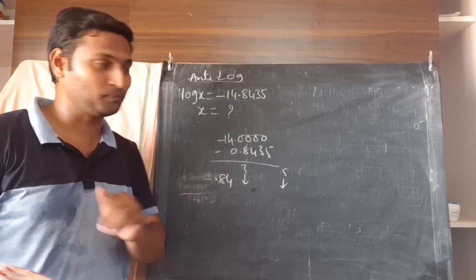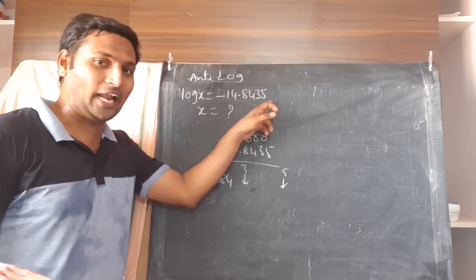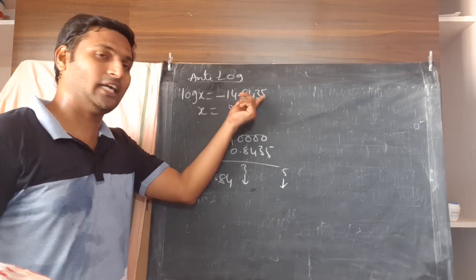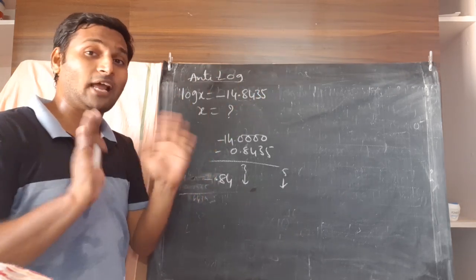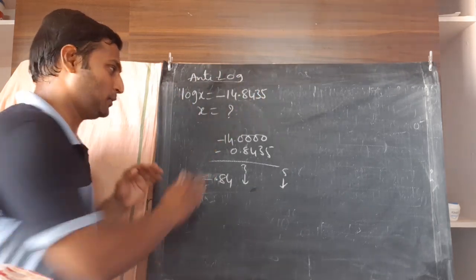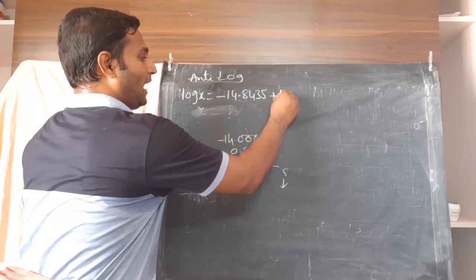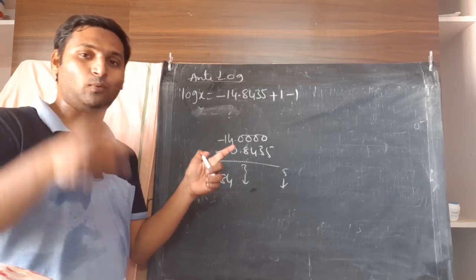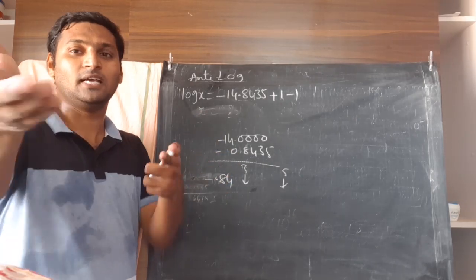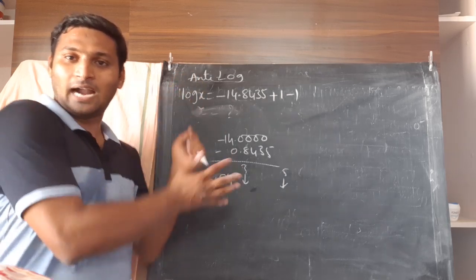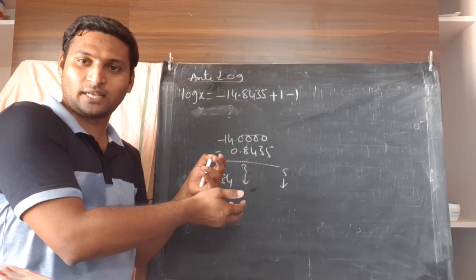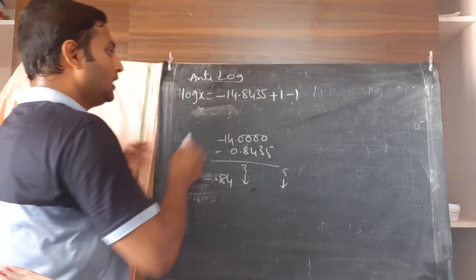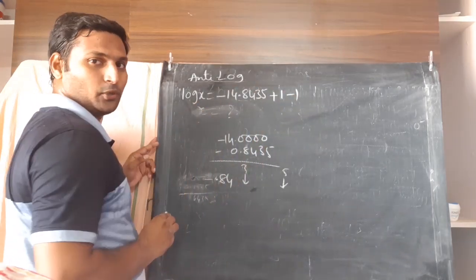So what should I do? Without the overall value changing, I should make the mantissa positive. Means I should get a positive value for mantissa, but overall value should not change. What should I do? Add 1, subtract 1. The value does not change. I have done the same in one or two of our problems in our exercises. Understand this, do two more examples yourself and then go back and relate to the problems done there.